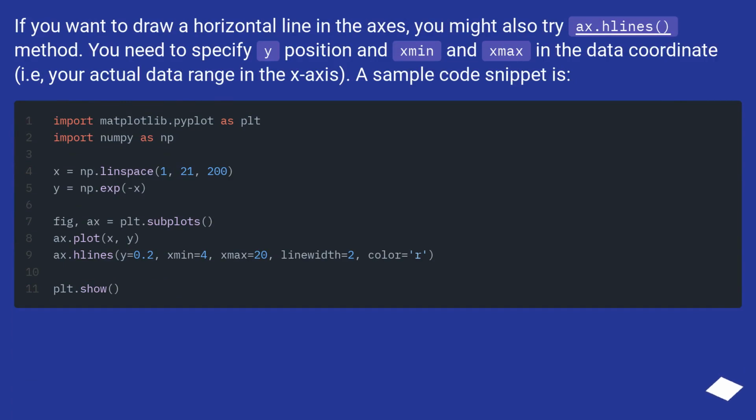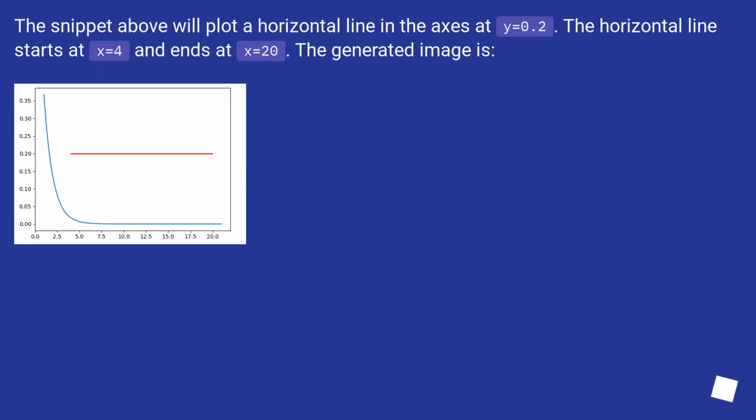If you want to draw a horizontal line in the axis, you might also try the ax.hlines method. You need to specify the y position and min and max in the data coordinates, i.e., your actual data range in the x-axis. A sample code snippet is below. The snippet above will plot a horizontal line in the axes at y equals 0.2. The horizontal line starts at x equals 4 and ends at x equals 20. The generated image is